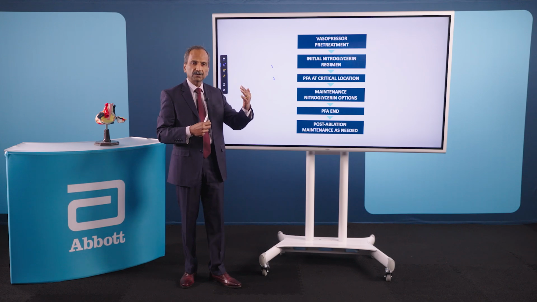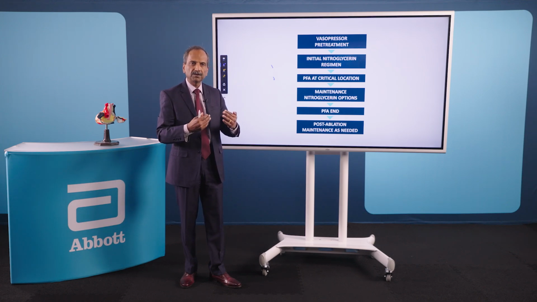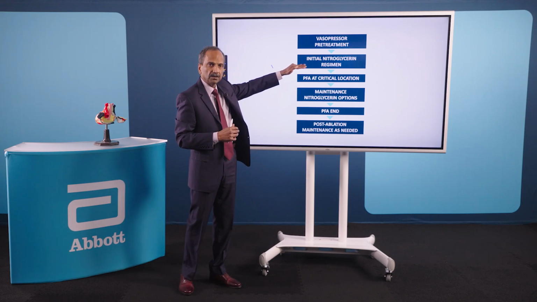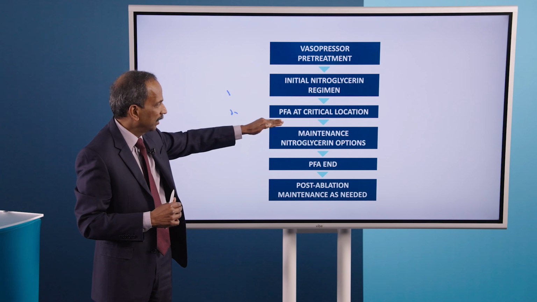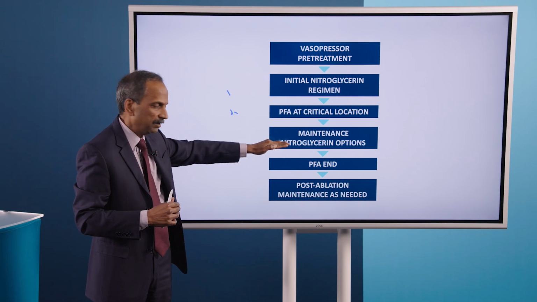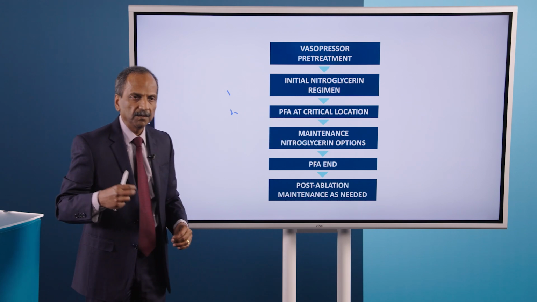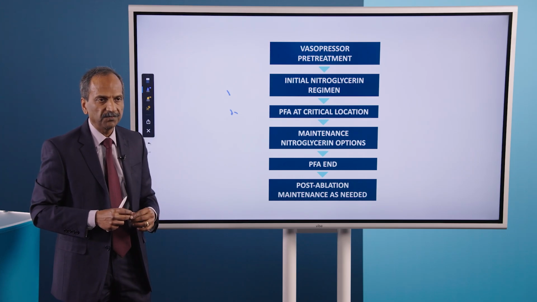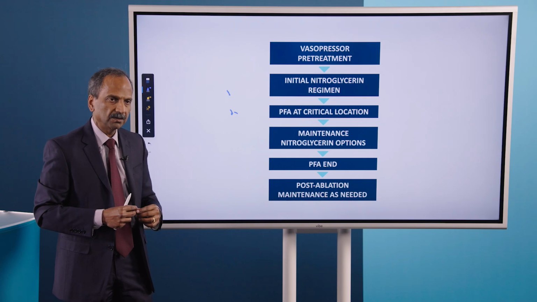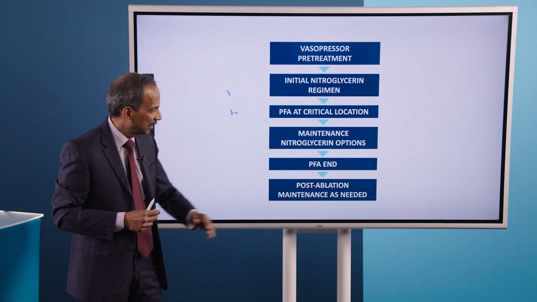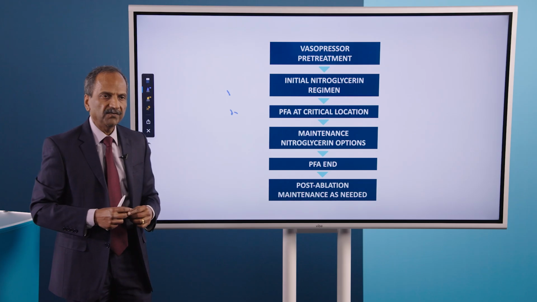Now, if the blood pressure is already high, it may be reasonable to keep it ready and use if needed. Otherwise, to pre-treat, get the blood pressure stable, then give the initial nitroglycerin, and then start the ablation. And while the PFA is being done, some form of maintenance, periodic bolusing every few minutes, or some groups will use a nitroglycerin drip during that period. And then once we have ended the lesion,